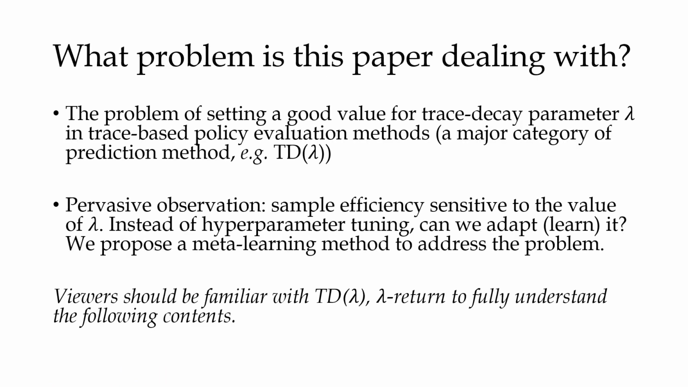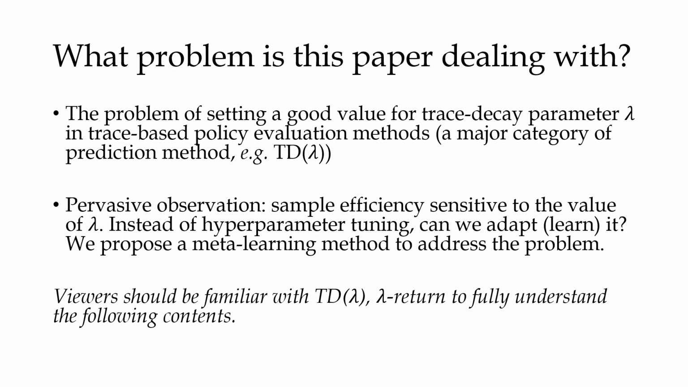So, what problem does this paper seek to address? It is the universal problem of the hyperparameter tuning for trace-based policy evaluation methods. For example, TD lambda, gradient TD lambda, or shortly GTD lambda, etc. In general, the methods are very sensitive to the values of the hyperparameter lambda when applied on all sorts of different environments. Thus, RL practitioners mainly use grid search or random search to get better lambdas, essentially rerunning the algorithm